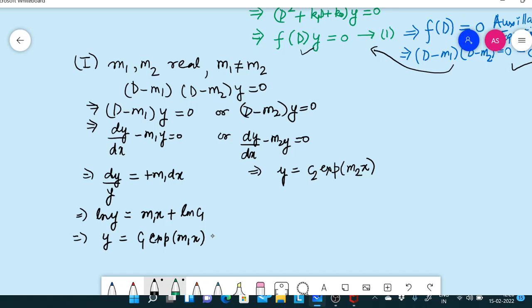To keep this equation and this equation as separate, we will use index 1 here and index 2 here. So, the two solutions which we have are y1 is equal to c1, which is a constant of integration, exponential of m1x, and the second equation solution we get is y2 equal to constant of integration c2 exponential m2x. Since our original equation is a second order equation, the final solution will be a linear combination of y1 and y2. So, our final solution will be y is equal to